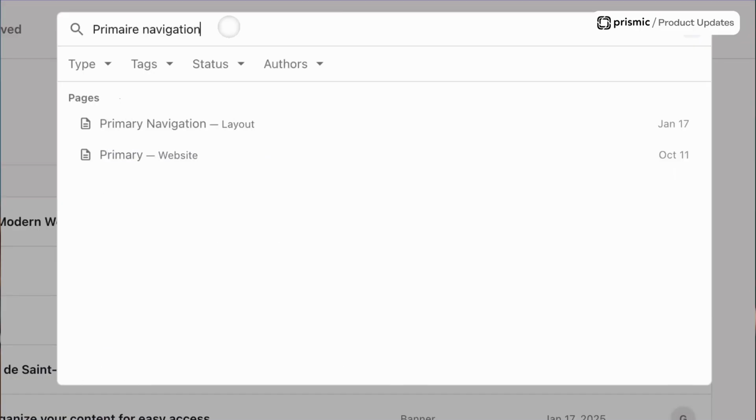So as we saw in that example, there was an exact match based on the UID, so that was the top of the results. But how does the new search with the UID work in general? Well, first and foremost, it's going to prioritize results that match based on the page name. So that's if there's an exact match on the name of the page, if there's a fuzzy match, or if, for example, the search term is anywhere in that kind of substring or in the string of the page name, it's going to boost those to the top.